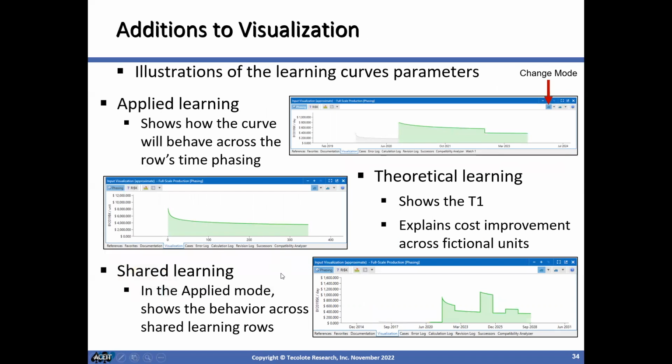Okay, so the first thing we did on the visualization panes, we have now added illustrations for learning curves. We have a couple of different modes that you can look at. We have what's called an applied learning curve that shows you the curve and how it will behave across the rows phasing. And then we have a theoretical learning curve, and this is what a person would more visualize in terms of a learning curve, where they see what the T1 is being interpreted as, and then it explains the slope going down as the cost improvement is being put across a fictional